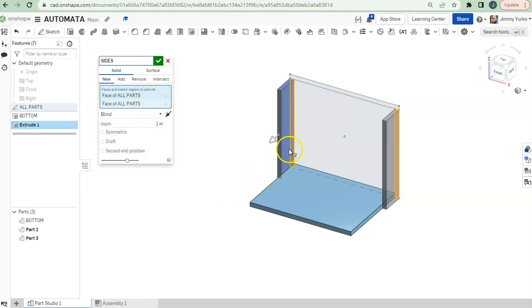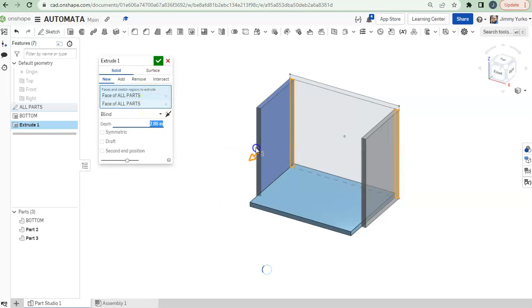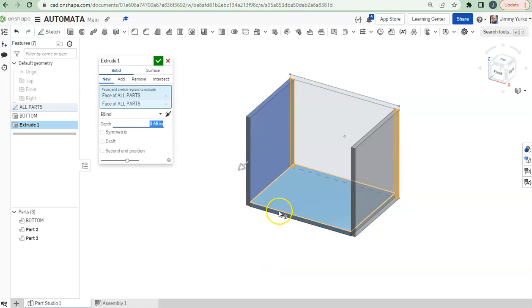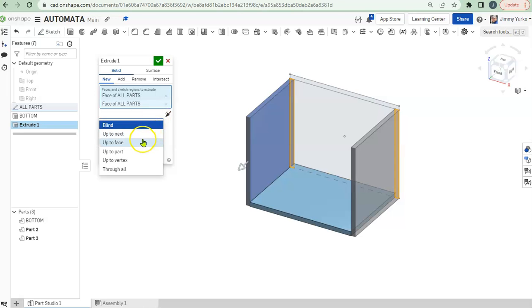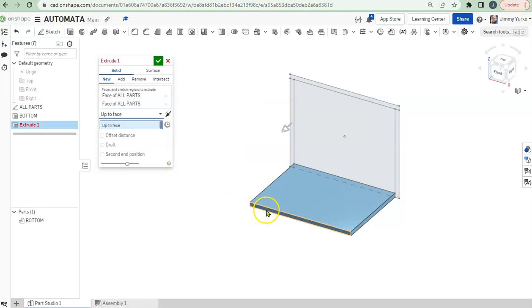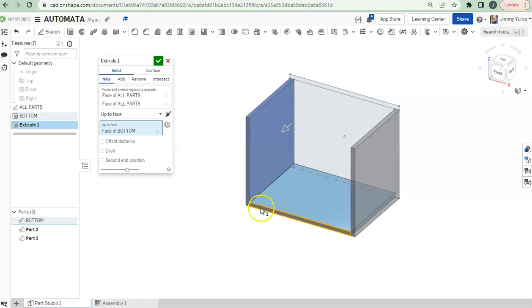And as far as how far we're going to extrude those, we want to extrude them up until it lines up with the front end. Now we can type in 3.5 because we know that's what it is, or we can build a more robust model by saying, hey, I'm going to go up to that face, which is right there. And then those sides